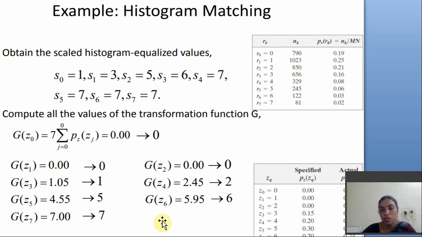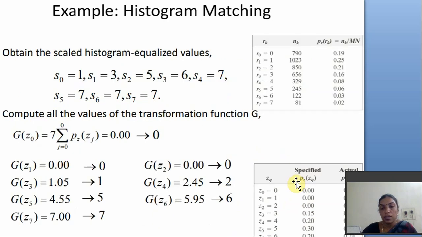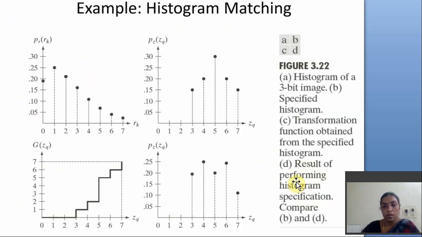Actually, you just specify the specified histogram, which looks like this. See this, here also we need only the 3, 4, 5, 6, 7 intensities, right? See, the 0, 1, 2 intensities are 0. Okay, so with these intensities the pixels are 0. So we also specified that this is our desired histogram. In such a way only, right, you can get the desired histogram for the enhanced image. Okay, so this is histogram matching.